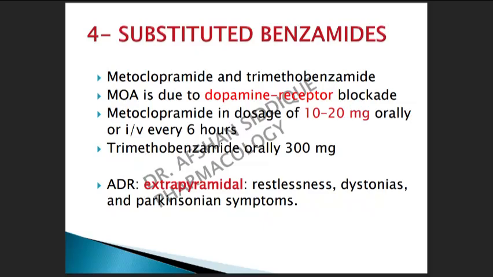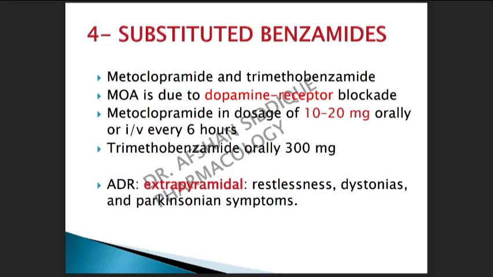अगर हम सब्स्टिट्यूटेड बेंजामाइड लेते हैं तो आप चेक कर सकते हैं, अगर हम ये दे रहे हैं, आईवी भी दे रहे हैं, ओरली भी दे रहे हैं, तो हमें इसका सेकेंड डोज रिपीट करना पड़ेगा आफ्टर 6 आवर इफ इट इज़ अनएबल टू कंट्रोल. सही. तो इसी वजह से जो सुपीरियरिटी दी गई है कीमोथेरापेटिक इंड्यूस वॉमिटिंग को कंट्रोल करने के लिए, दैट इज गिवन